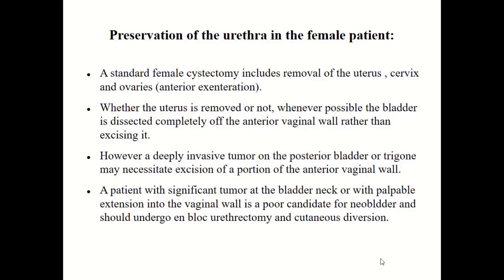In the female patient, a standard female cystectomy includes the removal of the uterus, cervix, and the ovaries. Whether the uterus is removed or not, whenever possible, the bladder is dissected completely off the anterior vaginal wall rather than excising it. However, deeply invasive tumor on the posterior bladder or the trigone may necessitate the excision of a portion of